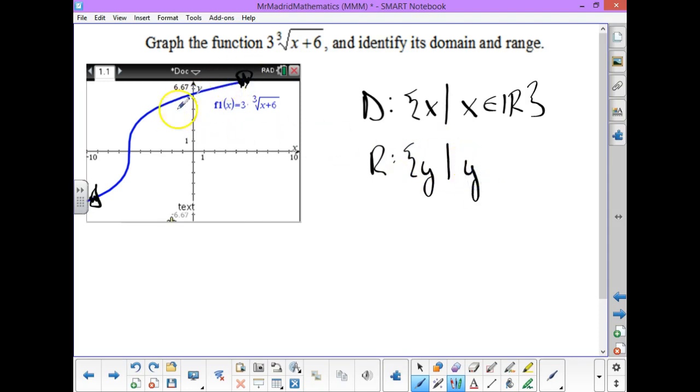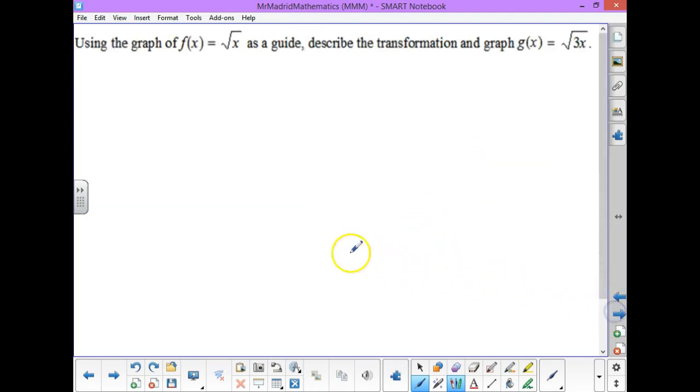If you look at this, again, you can play with the calculator, but upon further investigation, you'll see that it goes up forever, down forever, which is always nice. No restrictions, same thing. It's free to be anybody and everybody, any real number. All right, next,